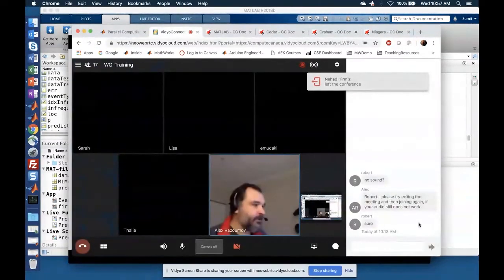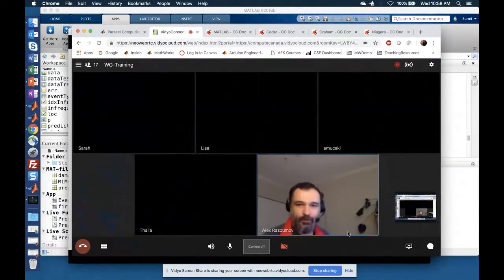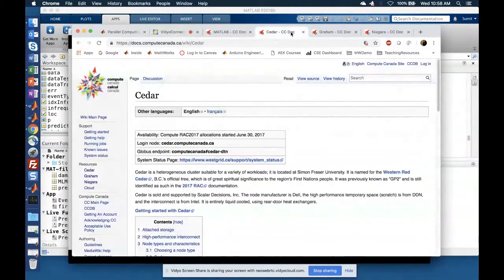And if you go to the web page that you just showed, the one that ends with MATLAB in the documentation wiki, it gives you licensing information. On Cedar, you can actually use MATLAB without a license; we already have a license on Cedar. On other systems, you have to bring your own license, or you can run a compiled MATLAB application. So the web page describes everything. Cool. Thank you very much, Alex.